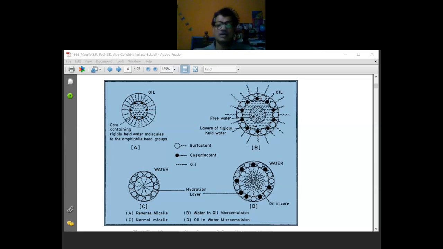Now, before going into that, if I take a closer look into the structure of the micelle, you see the head groups are strongly hydrated. So the water molecules that are in the immediate vicinity of the surfactant head groups are very rigidly bound. Similar is the story when I am considering the reverse micelle. The water molecules in the close vicinity are used in hydrating the hydrophilic head groups. They are most rigidly bound.